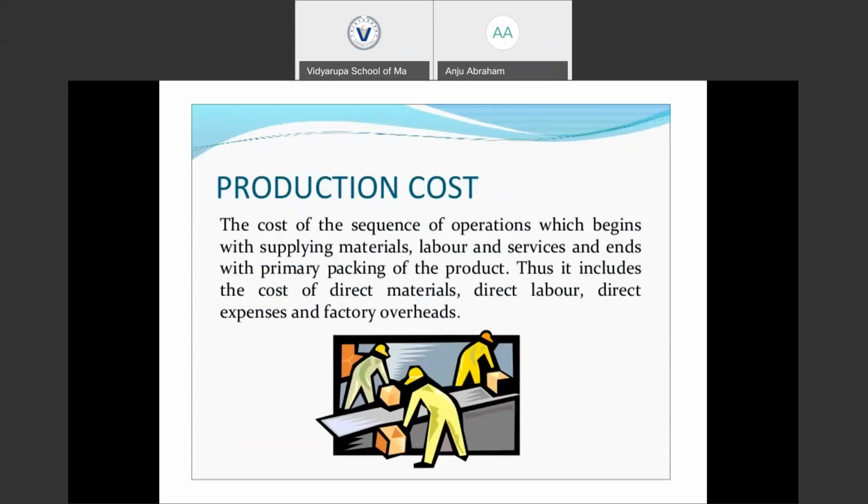All those activities undertaken in this course incur cost, demand cost. All those costs incurred in this course of production are called production cost. So it includes direct material, direct labor, direct and indirect overheads, which can also be called manufacturing cost.